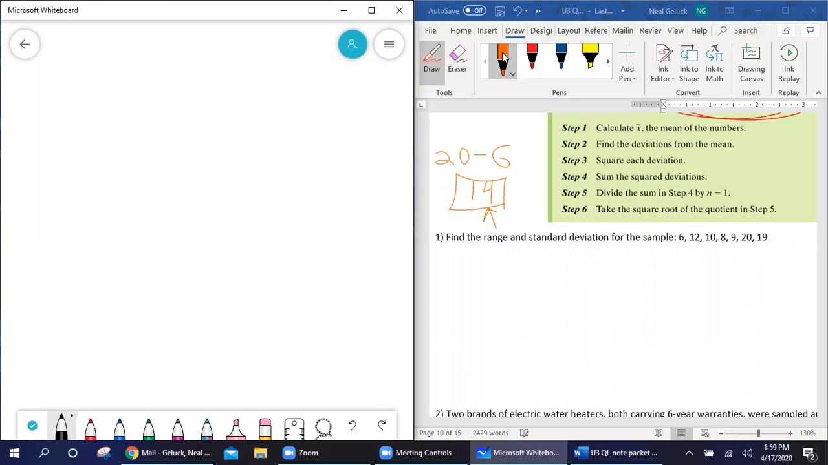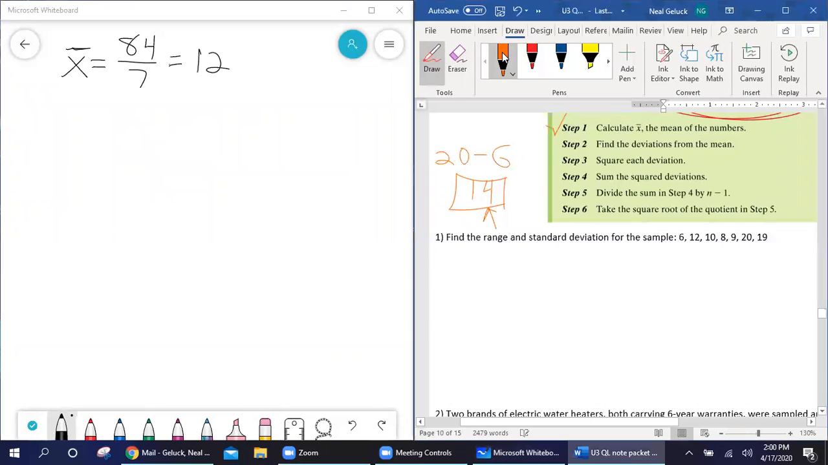So for standard deviation, the first step is to find the mean. So X bar. That's add up all the values, and if you add those up, you should get 84. And then divide by how many you have, which was 7. Fortunately, that comes out nice. That comes out to 12. Okay, so I got my mean. So that was step 1. Step 2,